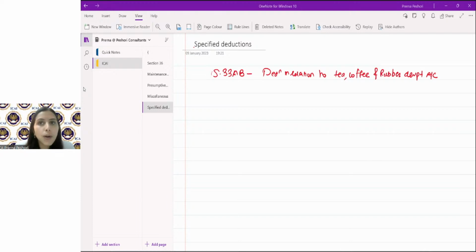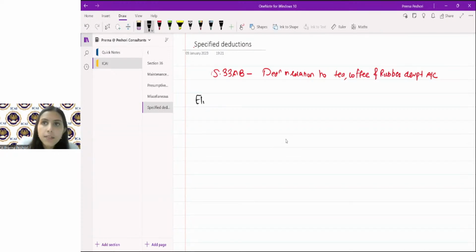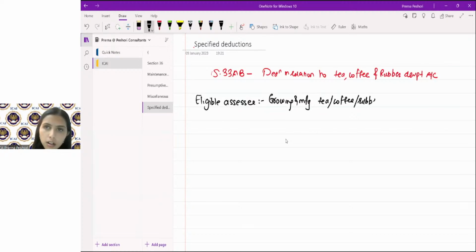Now, what does section 33AB provide? Let's quickly write it down over here. So, eligible assessee is a growing assessee engaged in the business of growing and manufacturing tea or coffee or rubber. Right? Now, there they have the deduction. What is the quantum of the deduction? Lower of